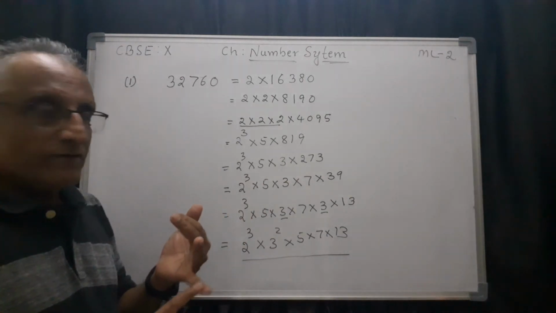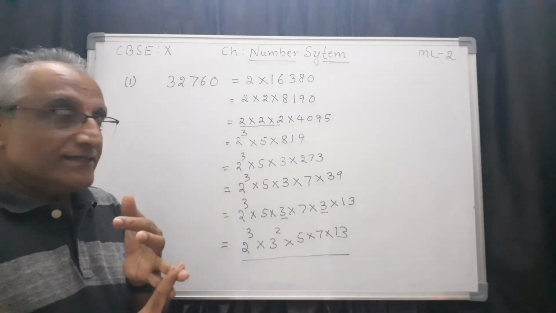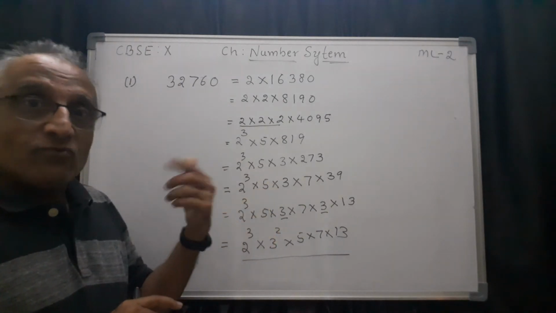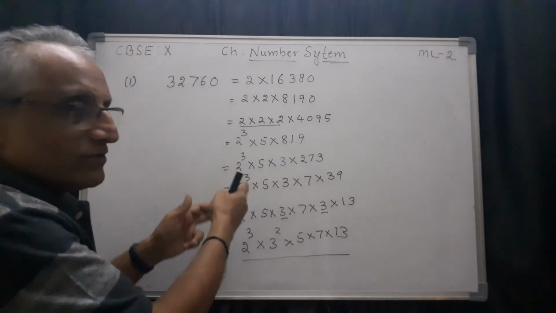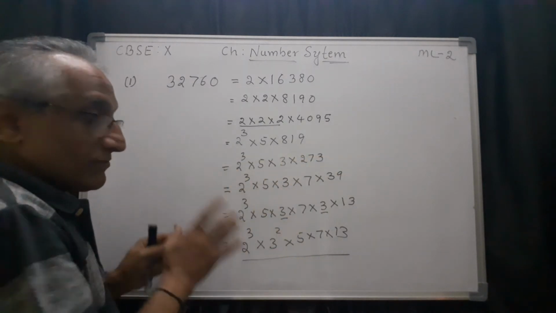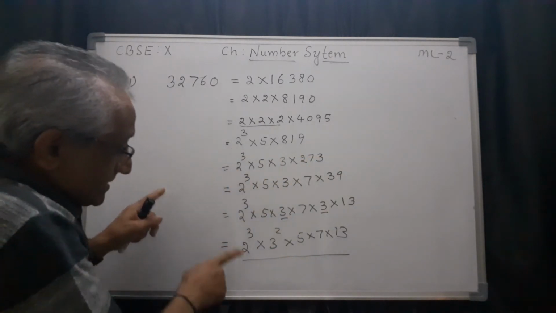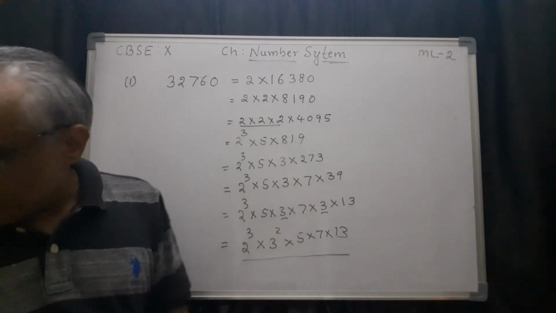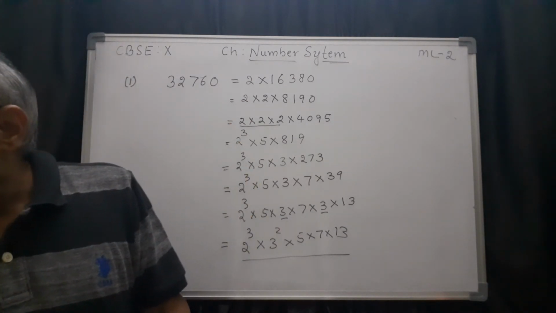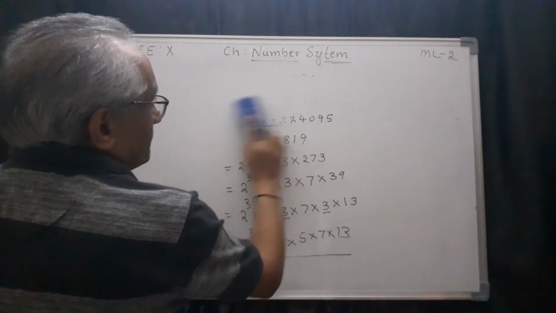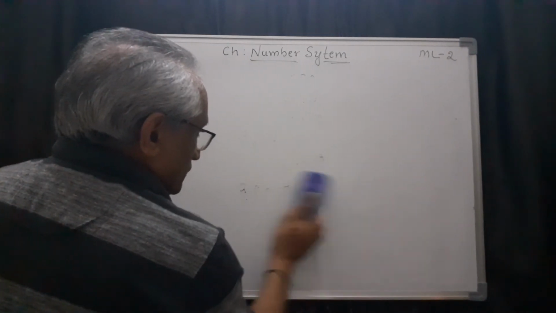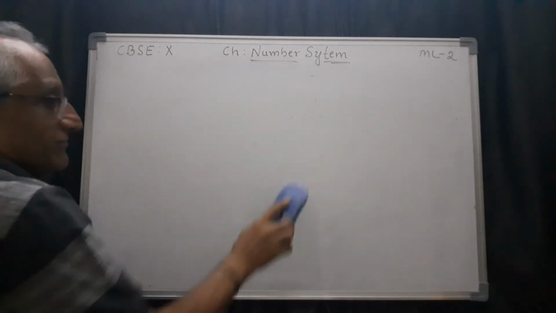Even numbers are divisible by 2. For divisibility by 3, there is a rule. Then for 4, there is a rule. You can first take 4 also outside. Then you can write 4 equal to 2 into 2. So that is allowed. But what is important is, how do you express this as the prime factorization? So this is the first example. Now let us take a few more examples to find the HCF and LCM.